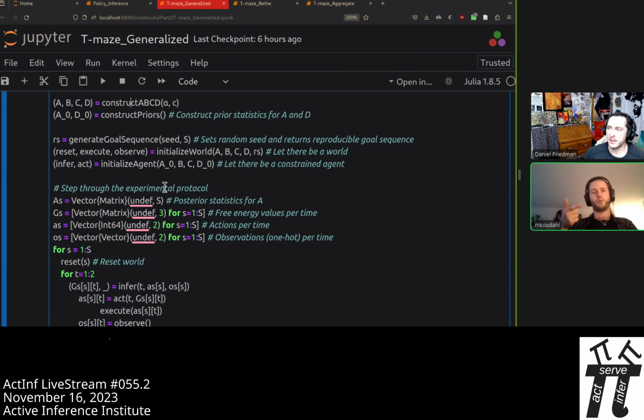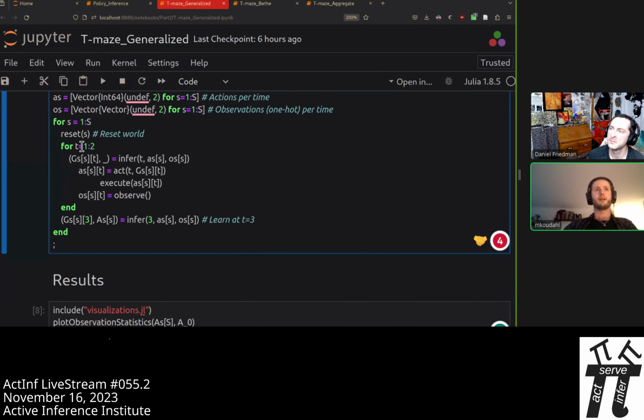And because we want to repeat this over and over, we're going to run an agent for 100 episodes. So it's going to play the game 100 times and try to learn the likelihood matrix. It does so by inferring an action, doing inference via message passing in the model, taking an action, executing it in the environment, and then getting back an observation.